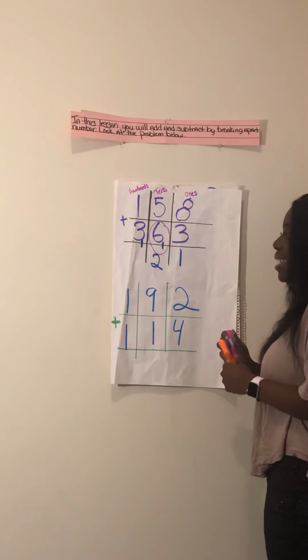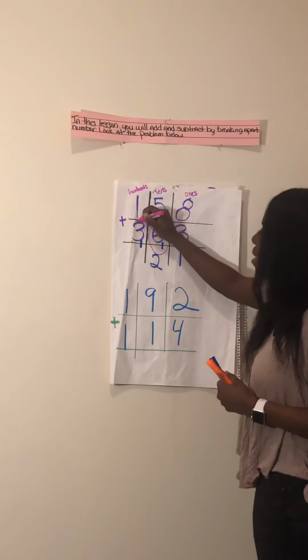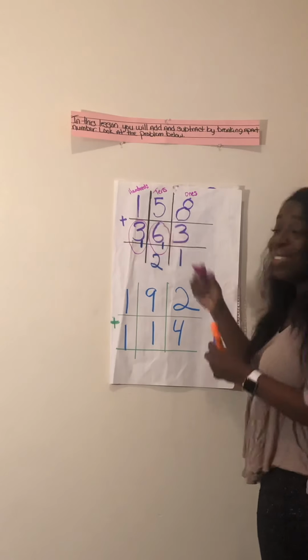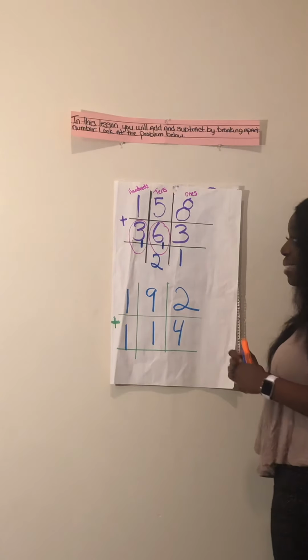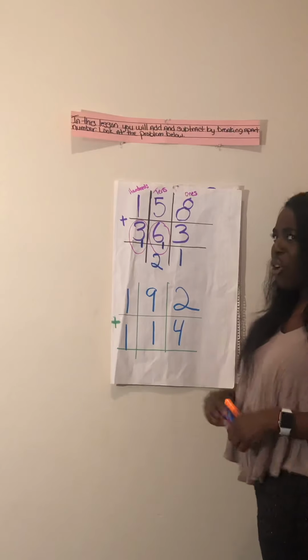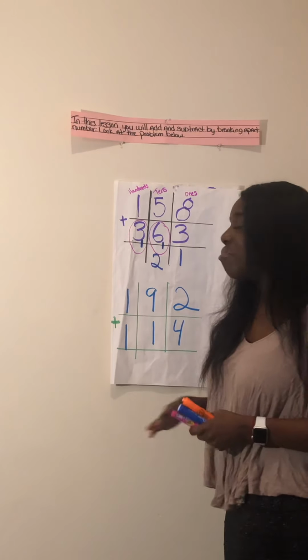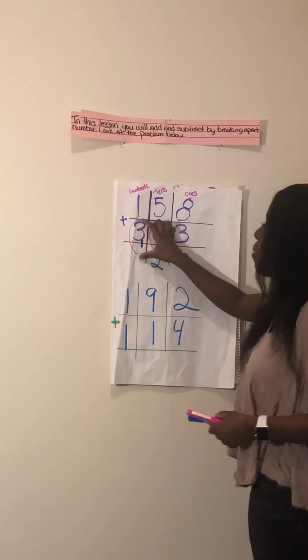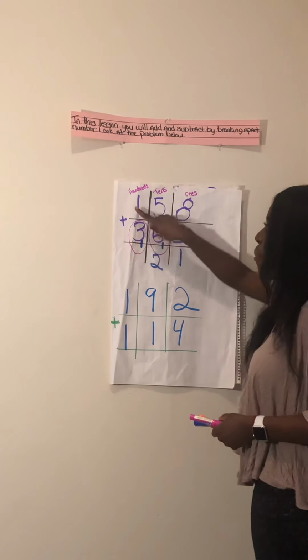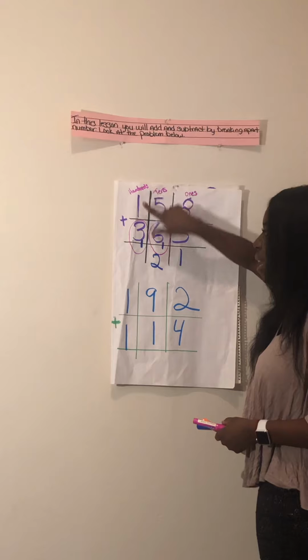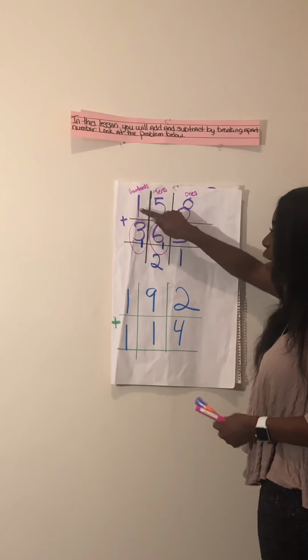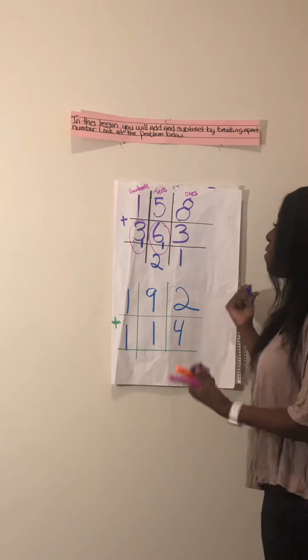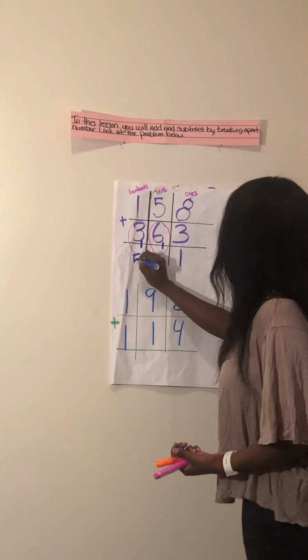And again, for this strategy, I'm going to circle my units so that I don't make a mistake. And inside of this circle, how much do we have now? Well, 3 plus 1 is 4. So right now we have 400 plus 1 more 100. 400 plus 100 is 500. So this answer is